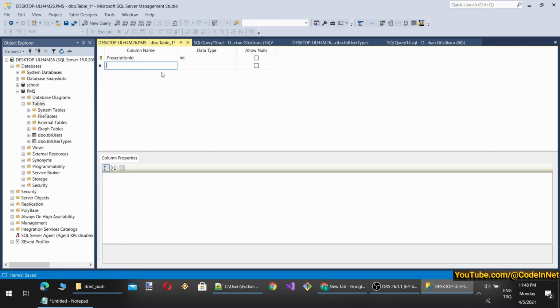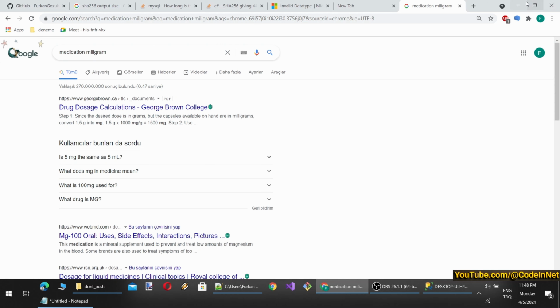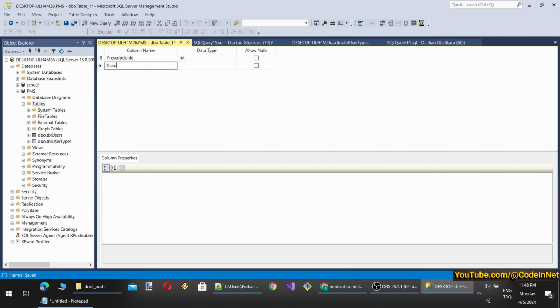And the prescription, what else there can be for prescriptions? There can be milligram size and name, expiration date, whatever. So I will keep the milligram. No, we can keep the milligram in the name as well. Or yeah, let's add a column for that. So it will be prescription milligram. Okay, medication. How is it? Okay, drug dose. Yeah. Let's call it dose milligram.